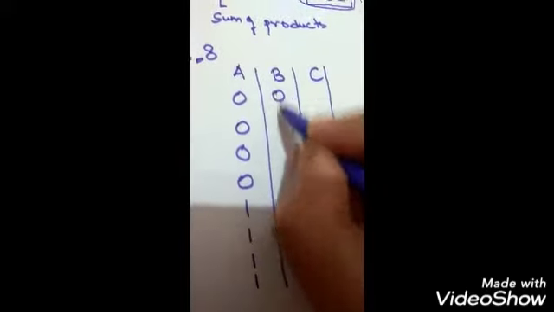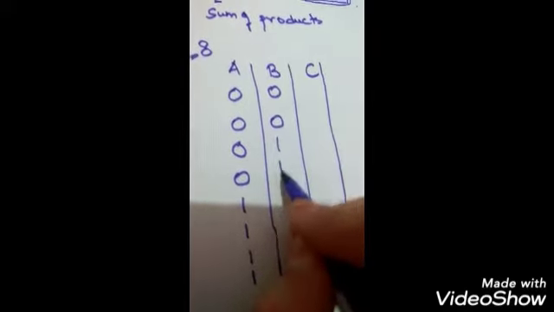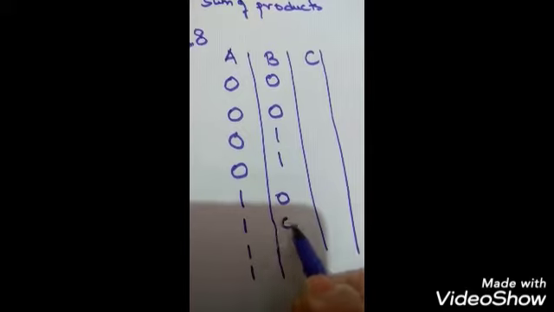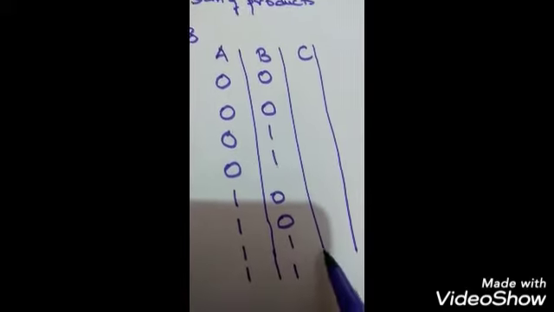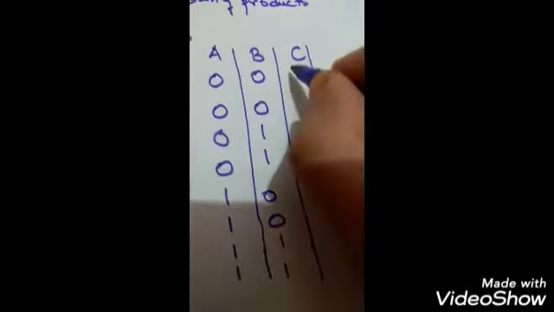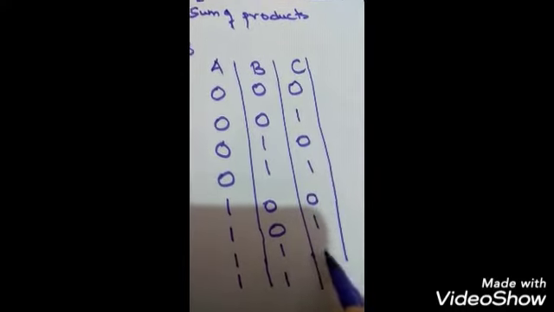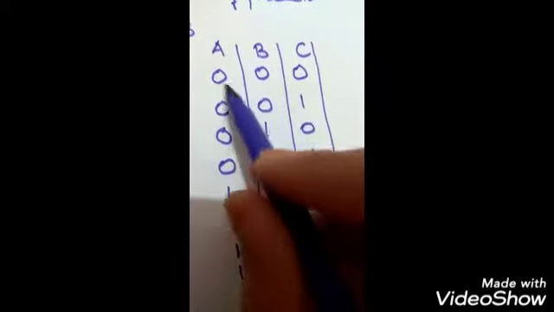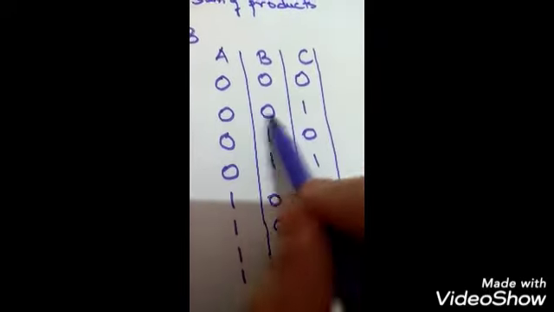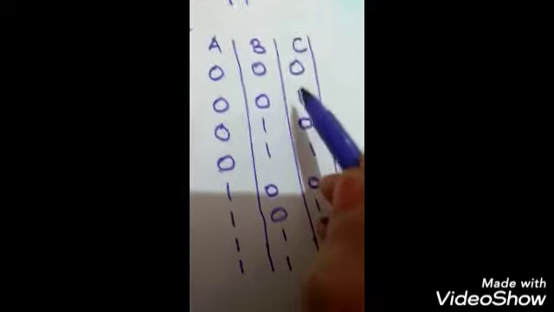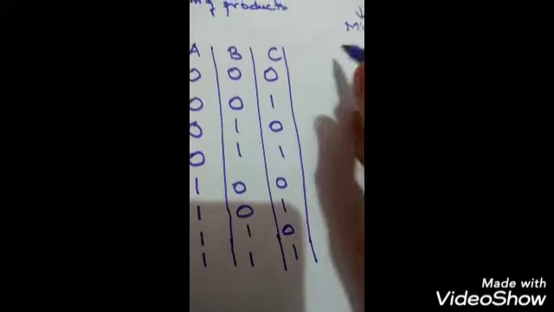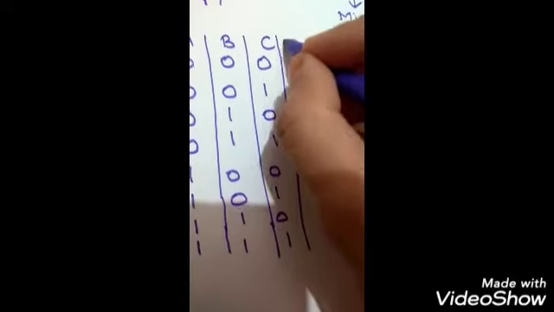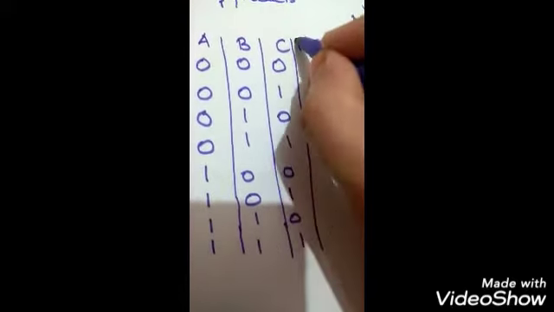In the next column we will write 2 times 0, 2 times 1, again 2 times 0 and 2 times 1. In the third column we have alternating 0, 1, 0, 1, 0, 1, 0, 1. So here we have taken all possible combinations. We can write possible combinations in this way, as there's another method also. We will write 0, 0, 0, then 0, 0, 1 in binary form, but here we are taking the simplest form.